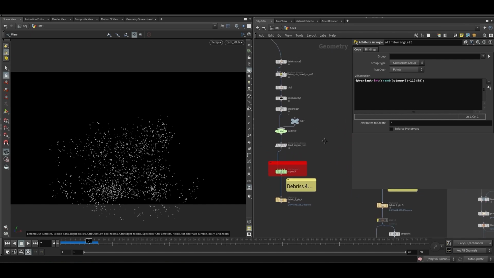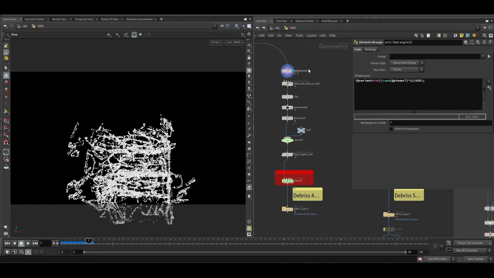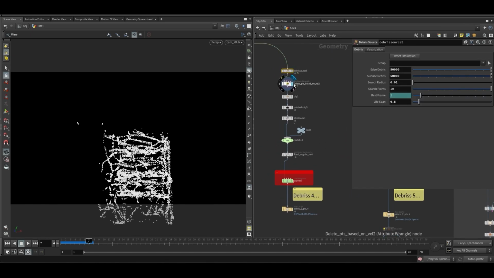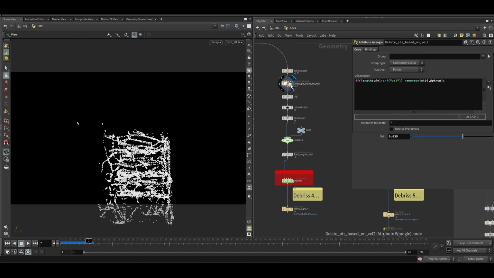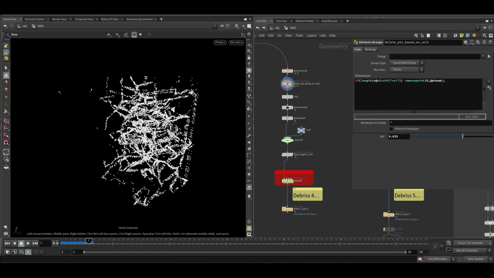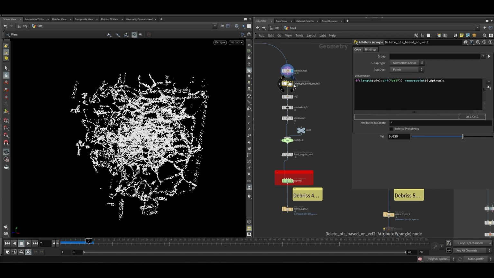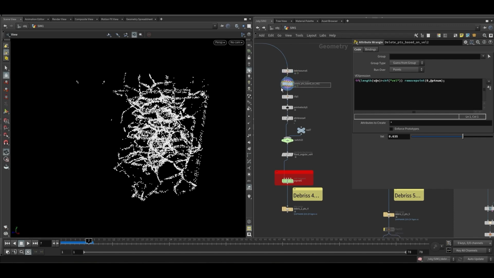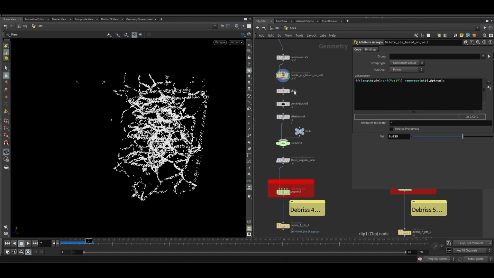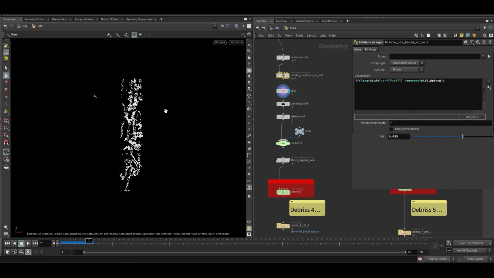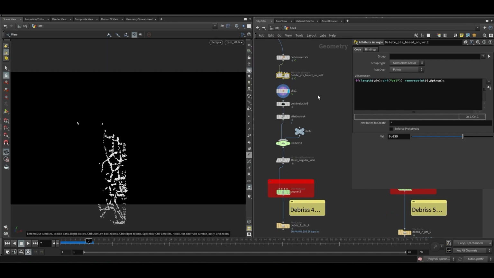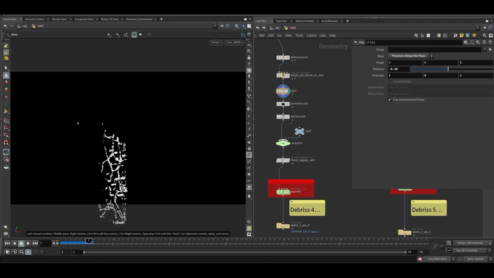This is the fourth debris simulation which I made. Yeah, the debris source is there. Here I'm using that triangle. Here as you can see, the debris source is coming like this, and here I'm using this wrangle, which is deleting some points based on their velocity. And I'm doing this clip node, and I'm just clipping this part of the particles,